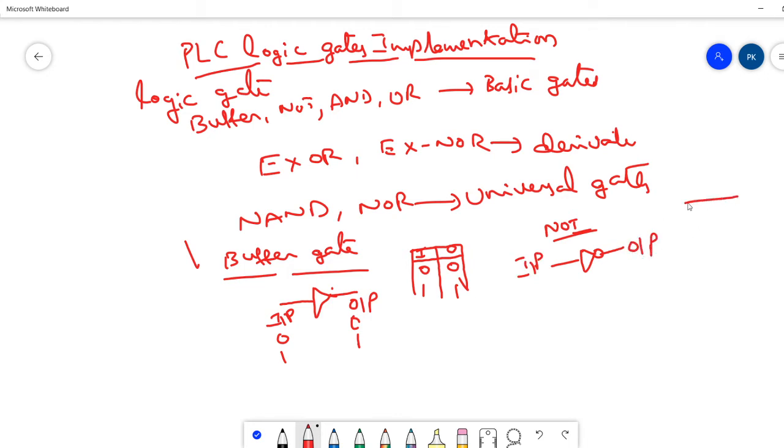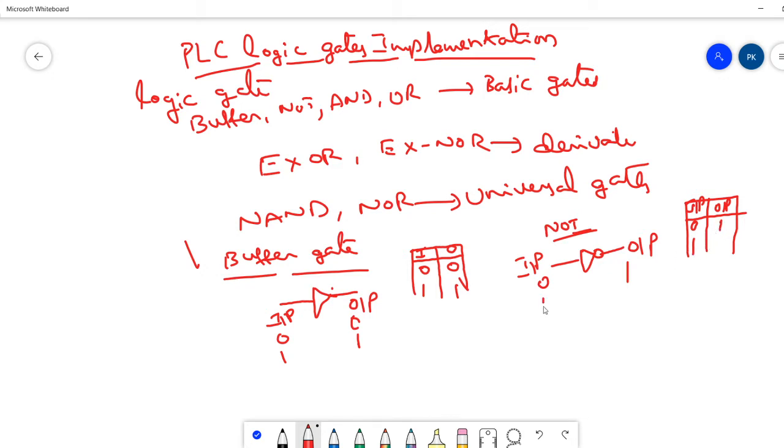The truth table for this one is like the buffer circuit. While taking the single input, it produces two possible states, 0 and 1. When input is 0, its output will be 1 because of the bubble at the output. 0's complement is 1, so for 0 input, output will be 1.